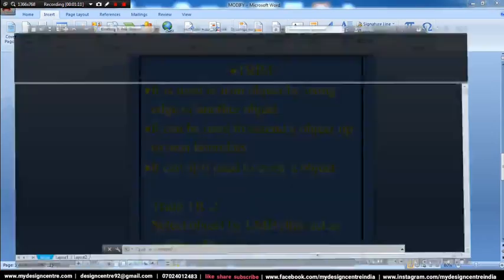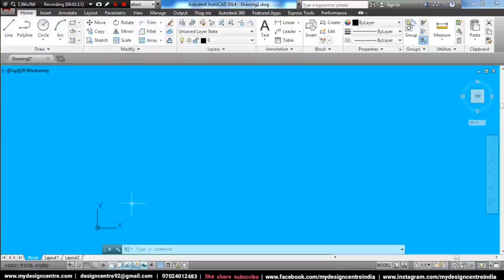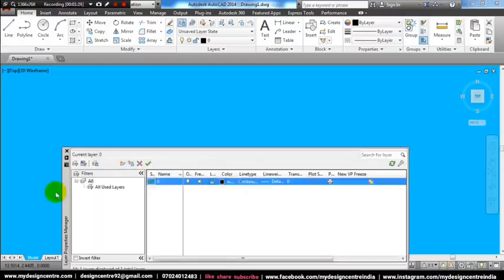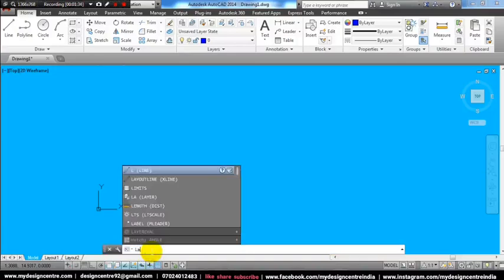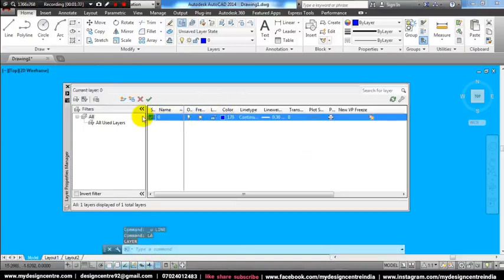So let's go to AutoCAD. This is AutoCAD, and now we are going to understand how the trim tool works. For that I am going to create one layer so that it will be more visible to you. So here I have created a layer of required thickness, so that it will be better visible for you. I have created it in dark blue color with quite a greater line weight.